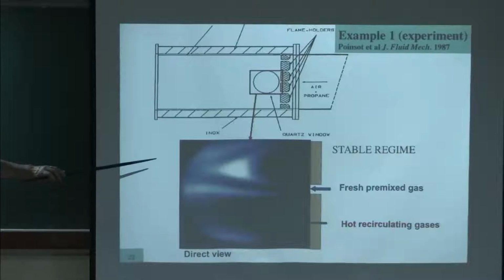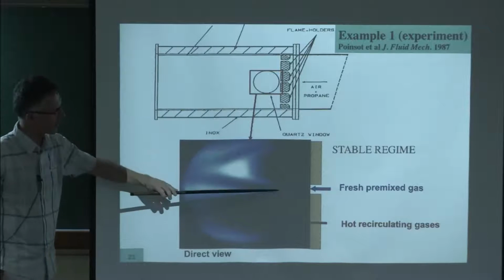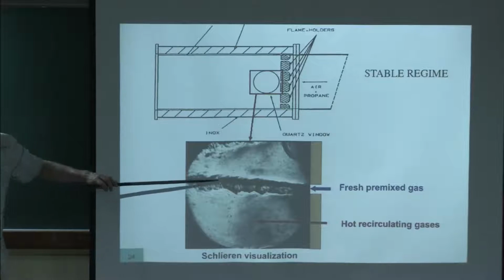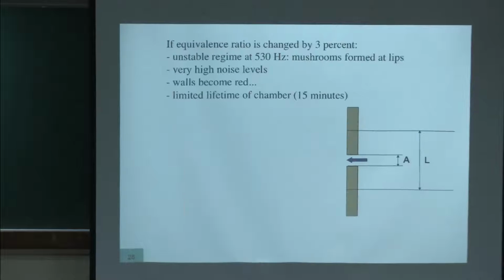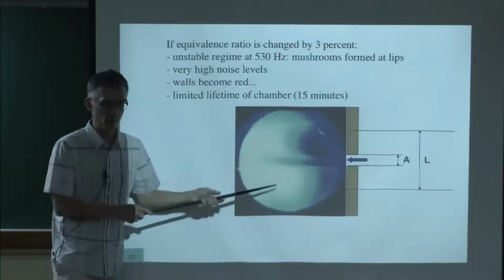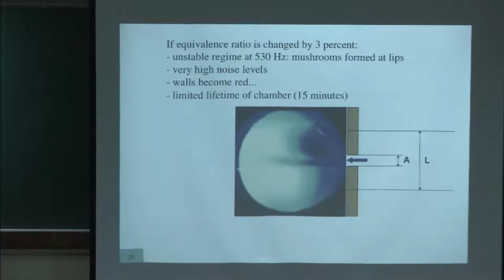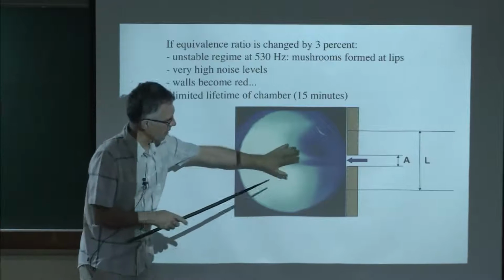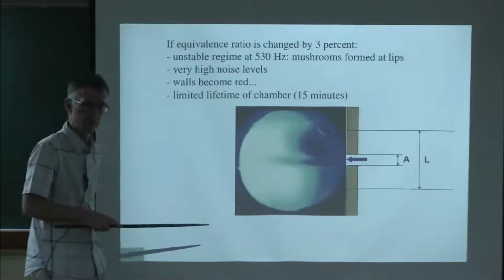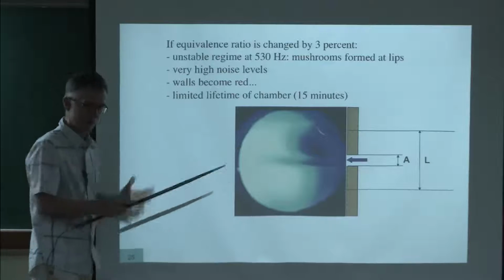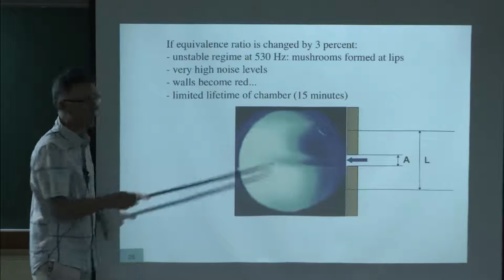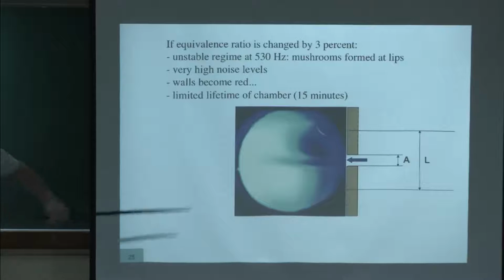Now, this is again the picture I've shown you before. I wanted to show you how the flow looks when it becomes unstable. That was the stable regime. And if you go to an unstable regime, this is the kind of flow you will see. With the naked eye, you will see combustion all over the place, and that's a usual feature of gas turbines. People will tell you, when my flame is stable, it's a long flame, but when it becomes unstable, I have these two big zones of instability here, and everything is very bright. It's very bright also because the heat transfer is now very large, and the lifetime of the chamber diminishes a lot because the heat transfer is very large.